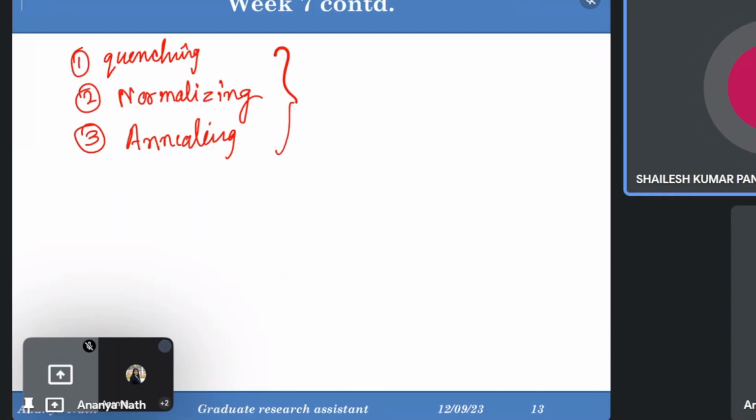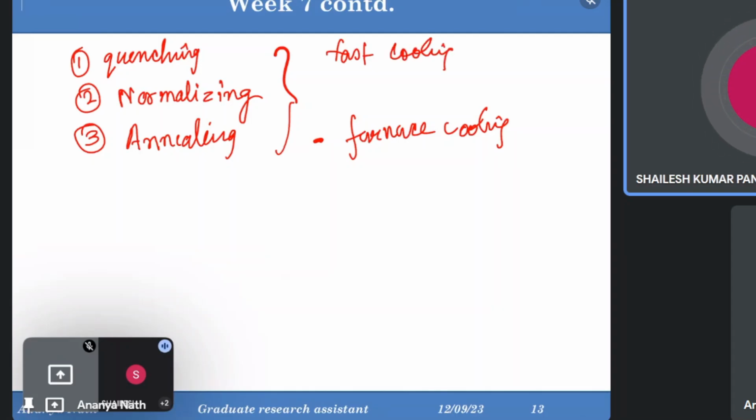In annealing we have a slow cooling rate, like furnace cooling, and in quenching we have a fast cooling rate, even more than normalizing. In normalizing we are cooling in air, but in quenching we are cooling in the presence of water or oil. Absolutely, quenching is faster. So now you can think,